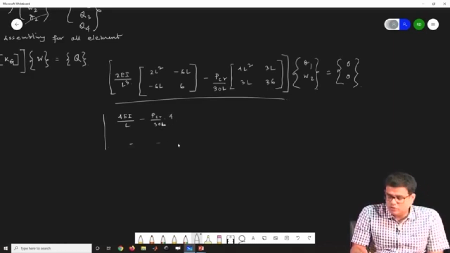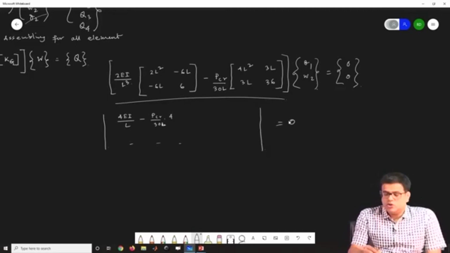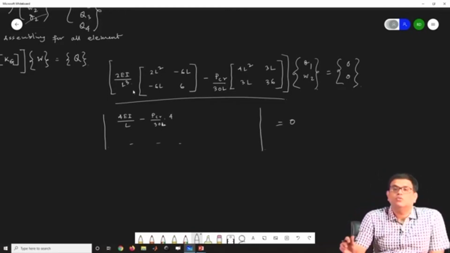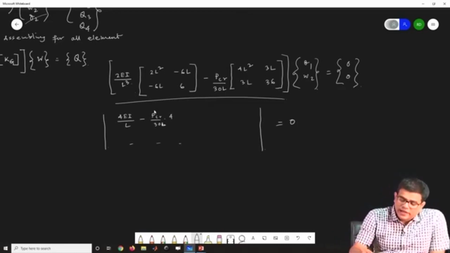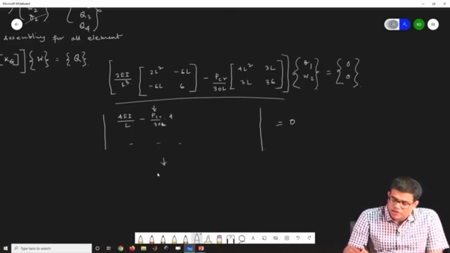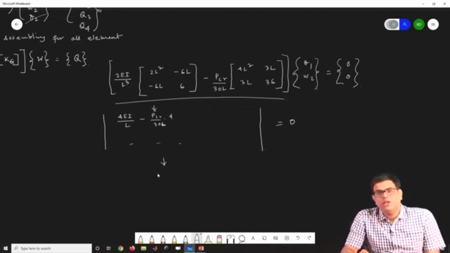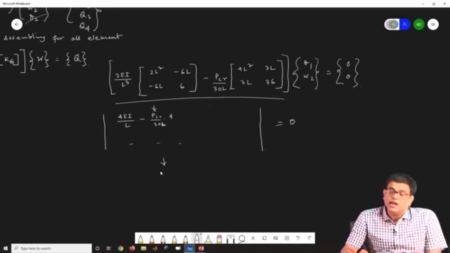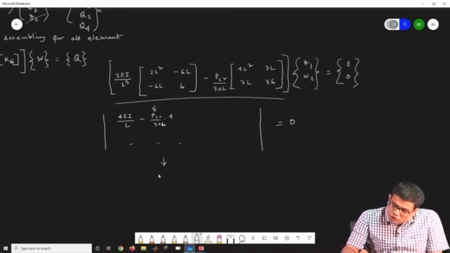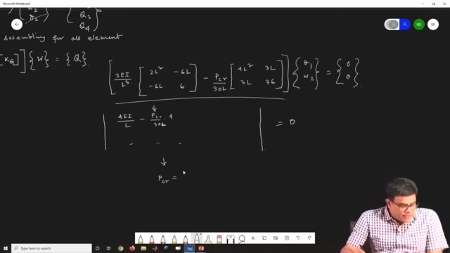You can just compute this term. The determinant of this matrix should be equal to 0, from where we get a quadratic equation of PCR. So we will have two eigenvalues, PCR1 and PCR2. The smallest PCR, which you can verify, the smallest P critical, is 2.486